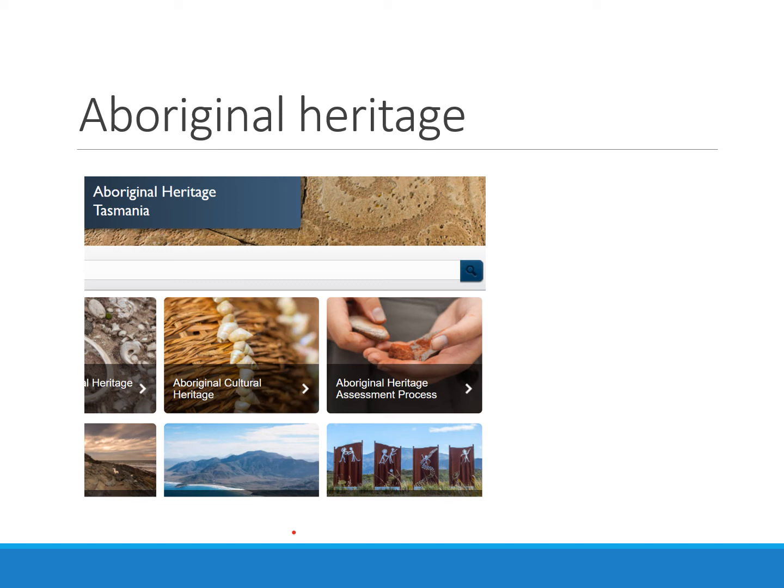But unfortunately, all of the Aboriginal heritage controls are in that separate act, and that act doesn't talk to the planning system. So you can impact Aboriginal heritage quite significantly, and unless you're willing to voluntarily put it through this different process and you know about this different process, all sorts of aspects of Aboriginal heritage can be impacted and nobody says or does anything about it. We will cover that in more detail later.